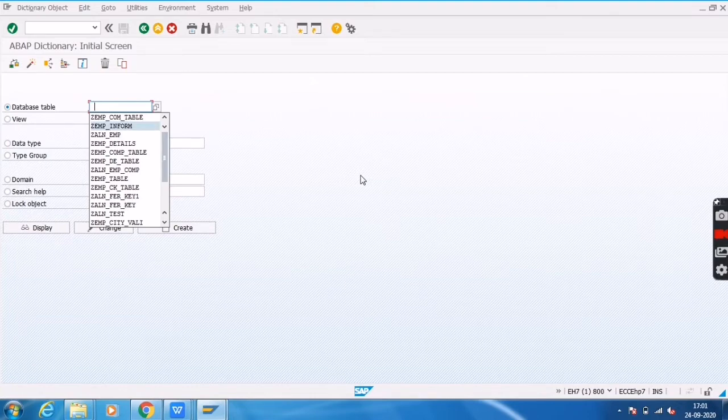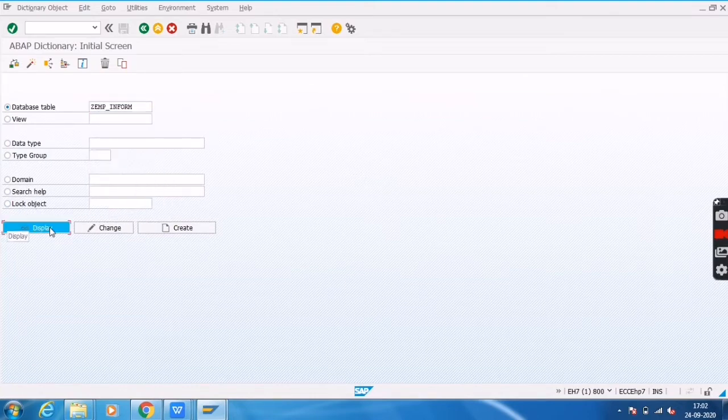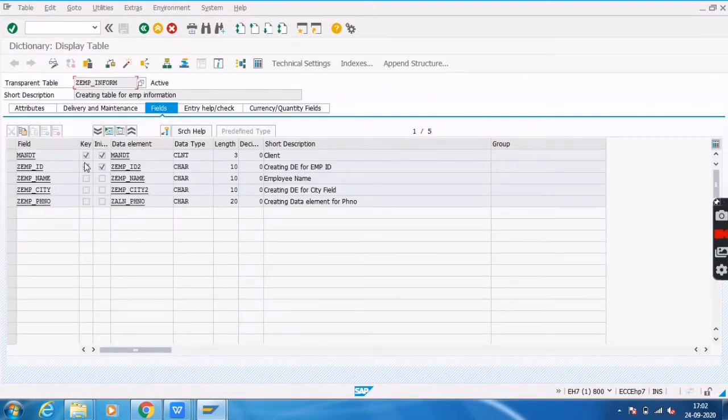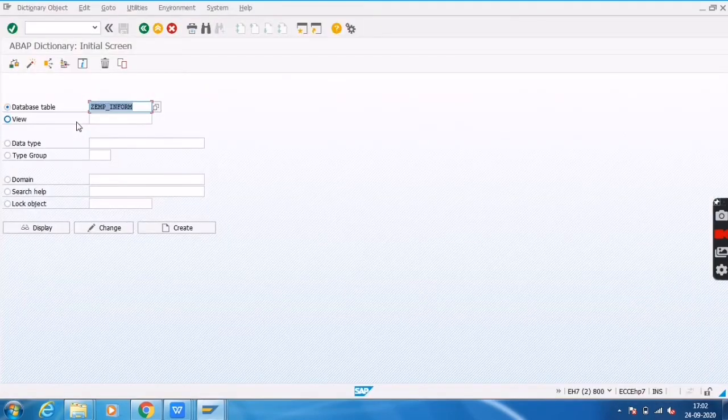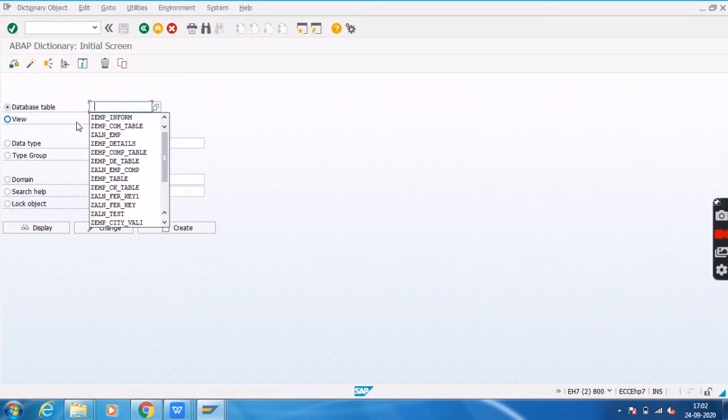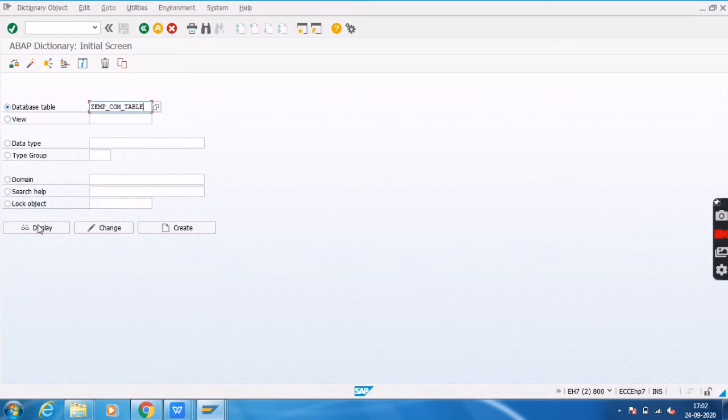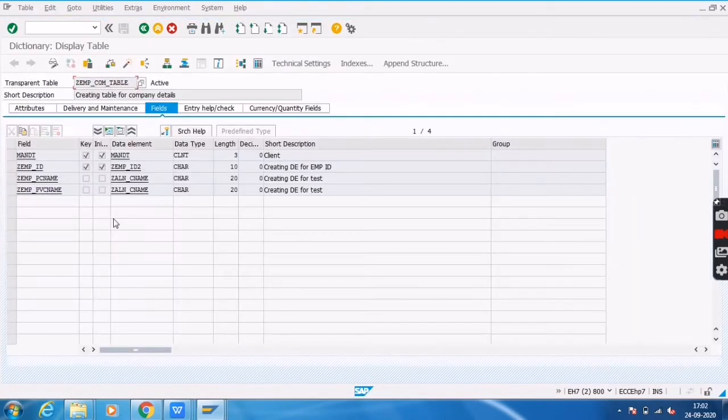Table one is the EMP information table. Click on the display button. In my information table, there are employee ID, employee name, employee city, employee phone number. Then I will open another table which I am using inside the database view.